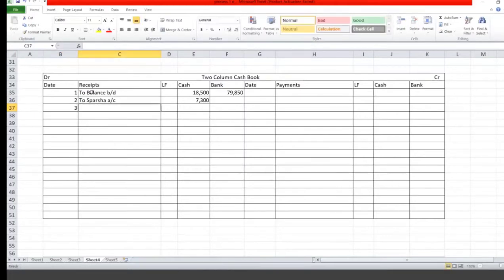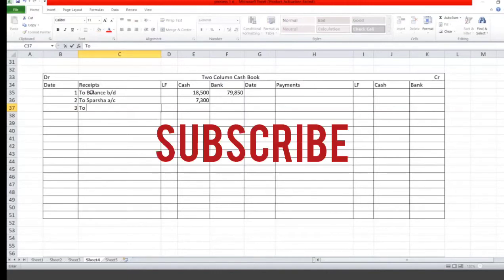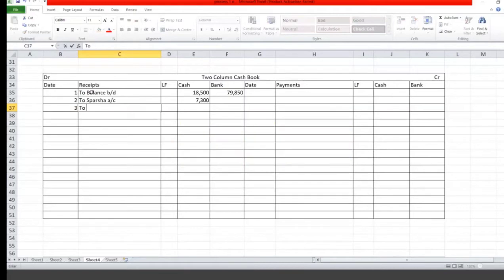So whenever we deposit into the bank, how do you write the journal entry, or how do you write down the contra entry? For whom it is payment and for whom it is receipt. For bank, it is receipt whenever you deposit into the bank; for cash, it is payment. So in the bank column, we will write on the receipt side 7,300 and this is a contra entry. So mention C.